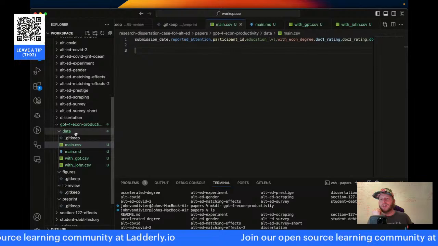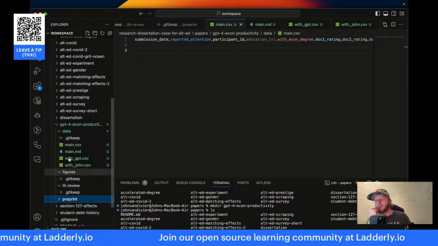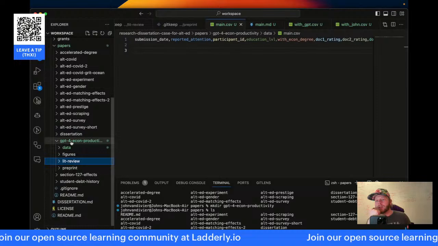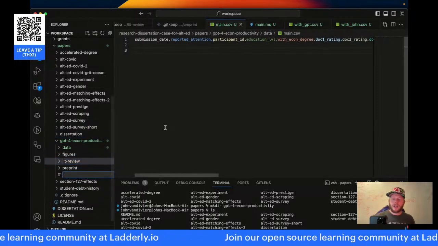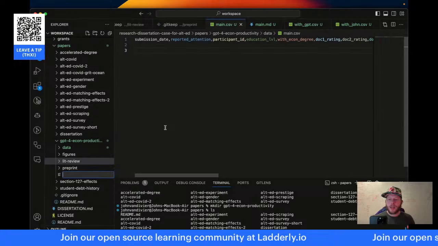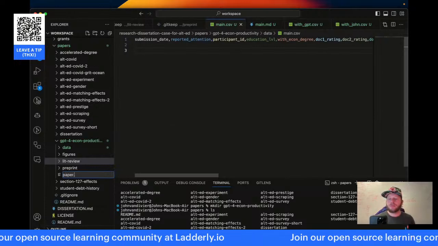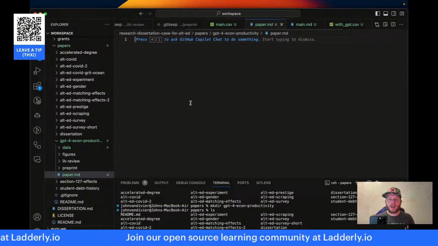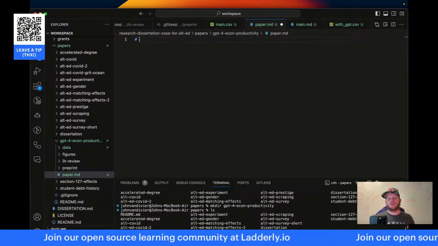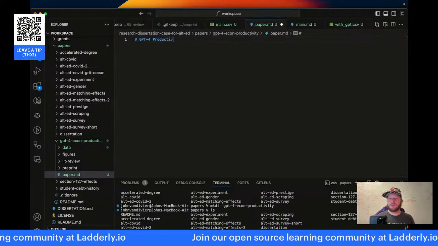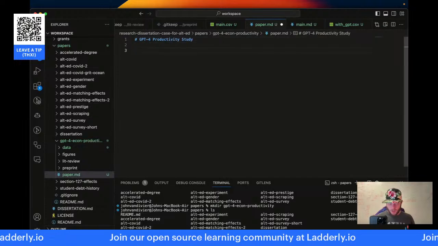Let me, under lit review preprint, make another markdown file. This will be paper.md. This will be the draft, GPT-4 productivity study.